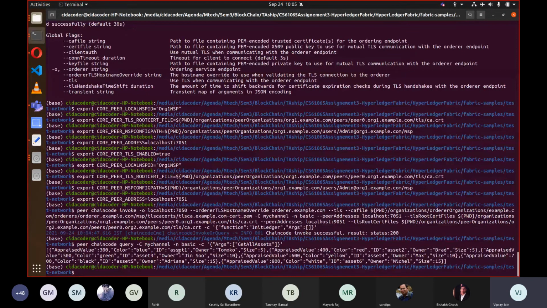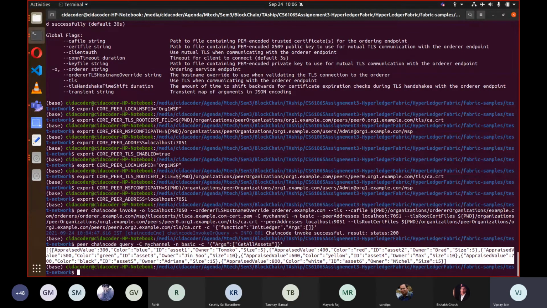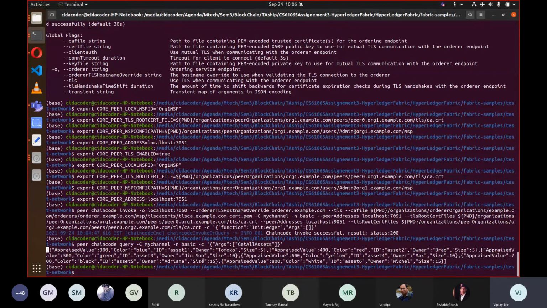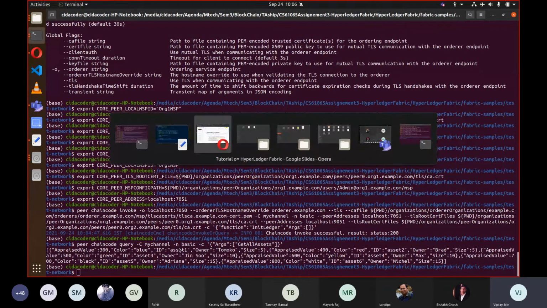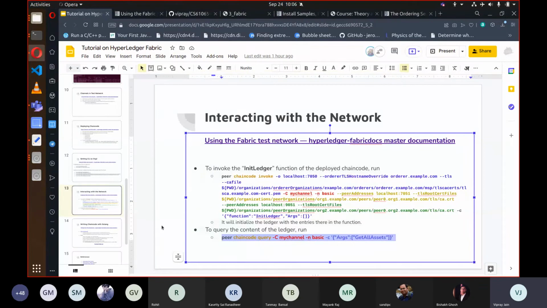So in this way, we have made an entry into our ledger, and we have retrieved the result with the help of the query command. So this was the basic demo of how we can run the test network with the help of the chaincode which is provided by Fabric for sample purposes.